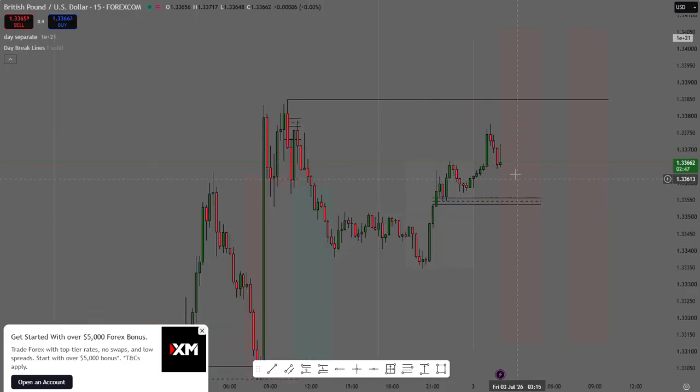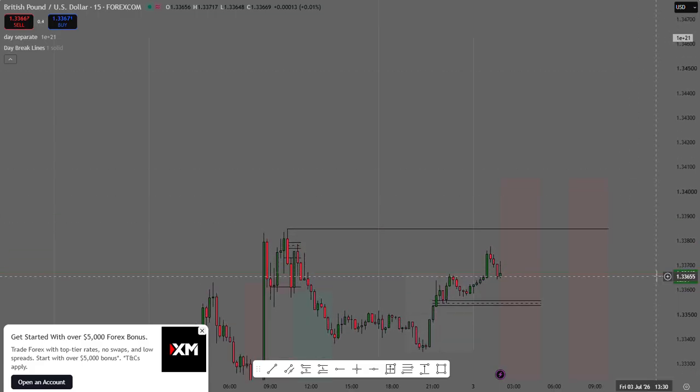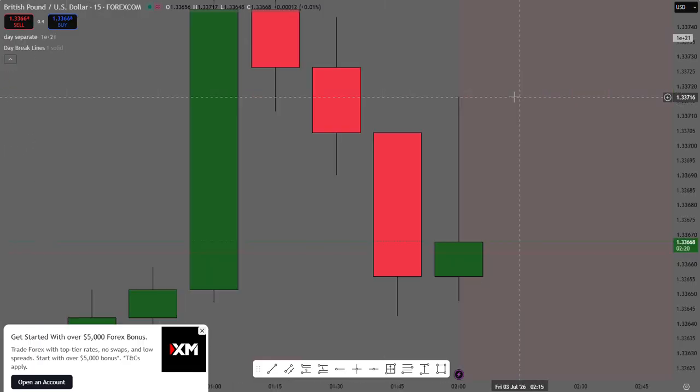Now when we're looking at this, we want the market to come down to this area here and go up. Let's see what's happened there. If it closes above the red candle, we enter. It hasn't. It's 2 minutes left. Let's check the GU. I think the GU is denied,